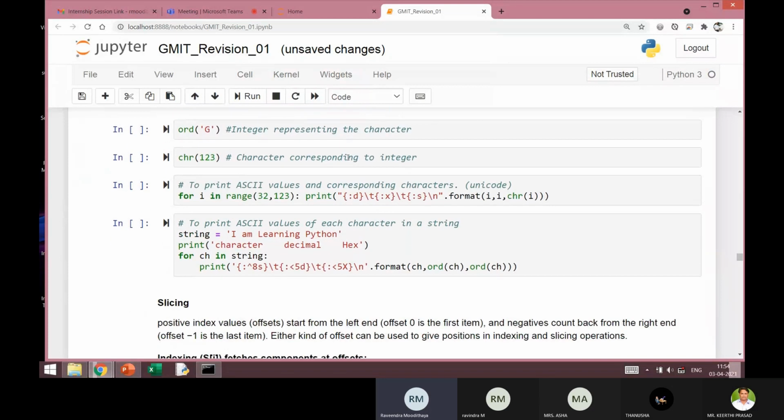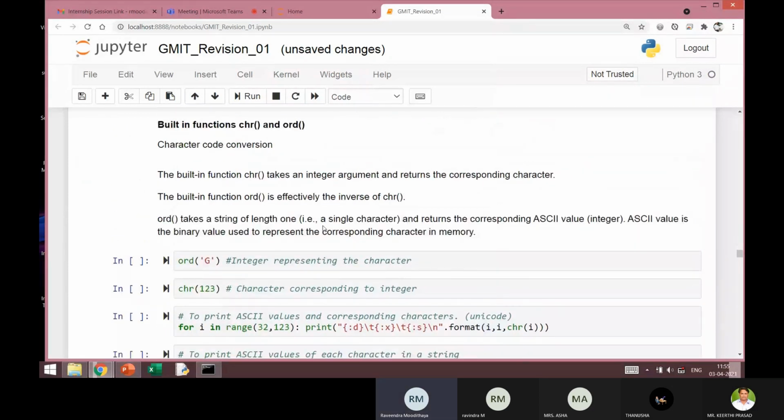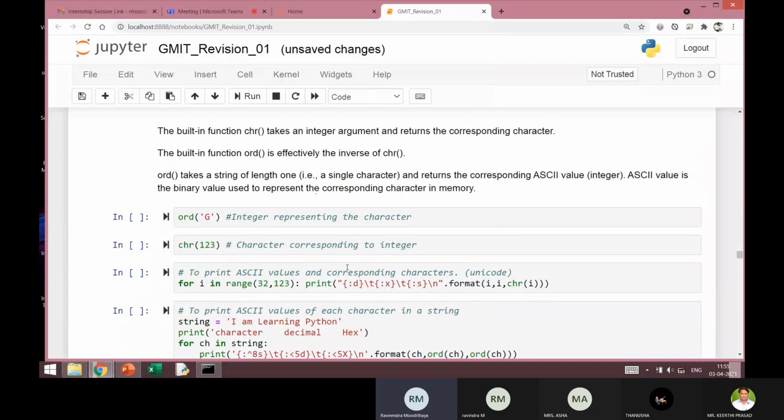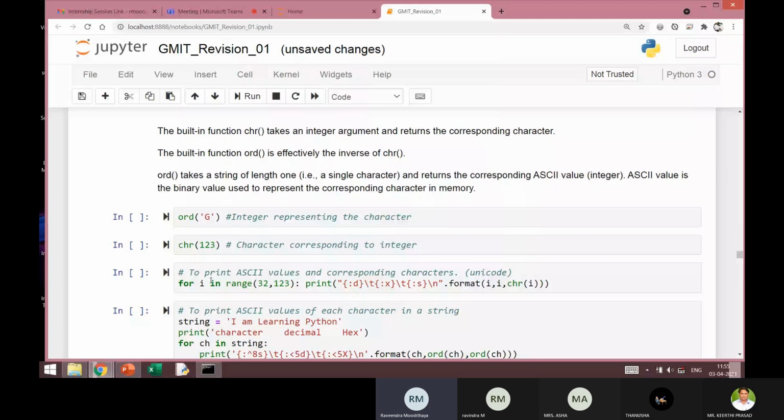Now we are getting into the string basics, I mean, the different things that you can do with strings. But before that, just one thing that I want to be very clear about: the hexadecimal values, or the integer representation of any character, or the character corresponding to any integer. How do I get this in Python? There are two built-in commands.